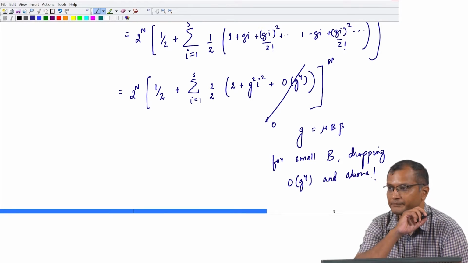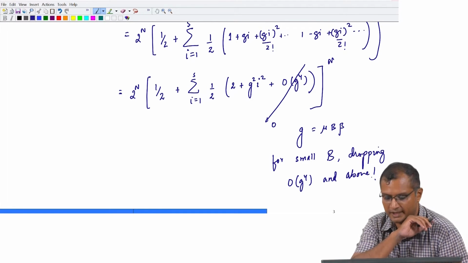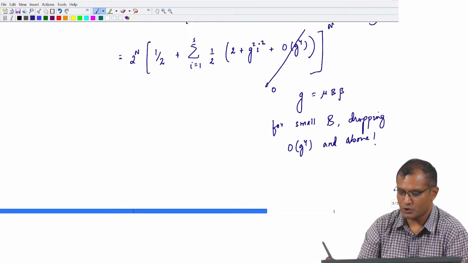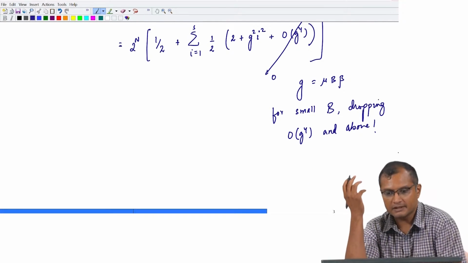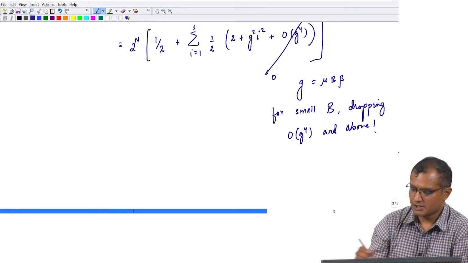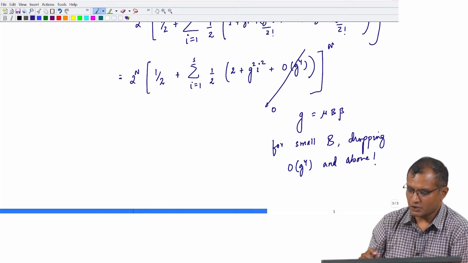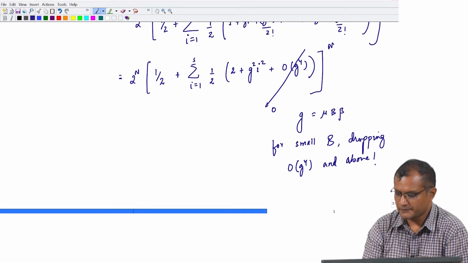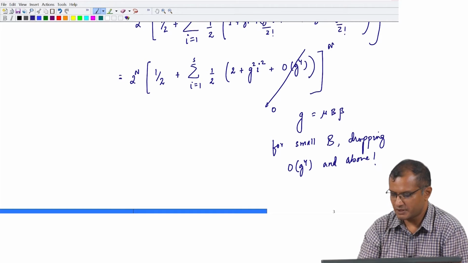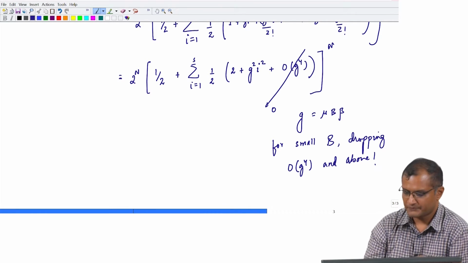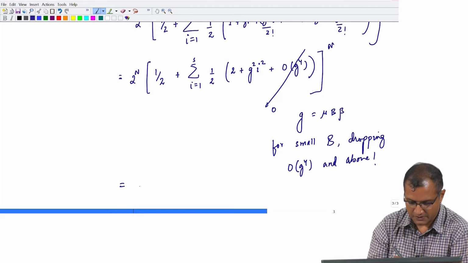Okay. Small field approximation. Like I said, I want to drop the summation, it is not dropped yet, but we will drop it in another step. So you can drop the terms of the order higher than 4, and then this summation becomes